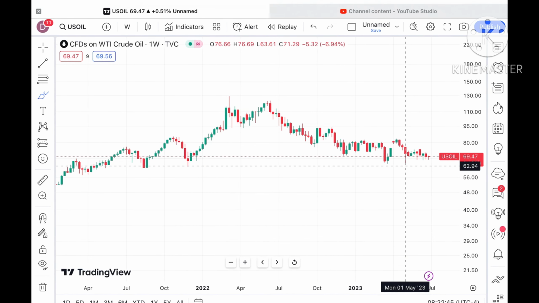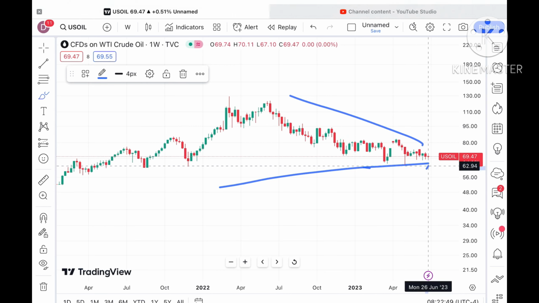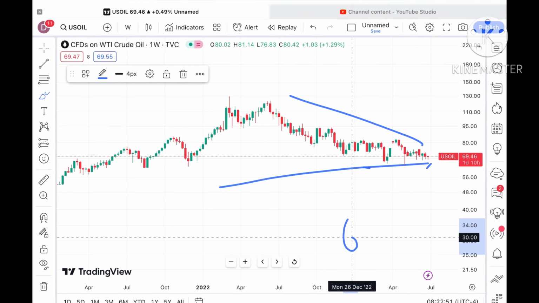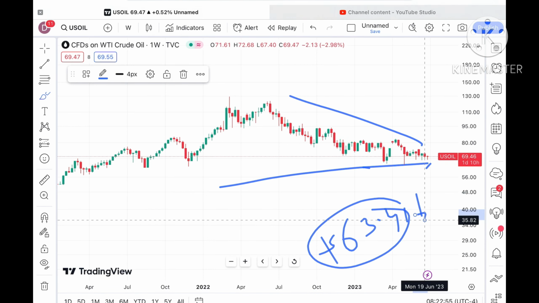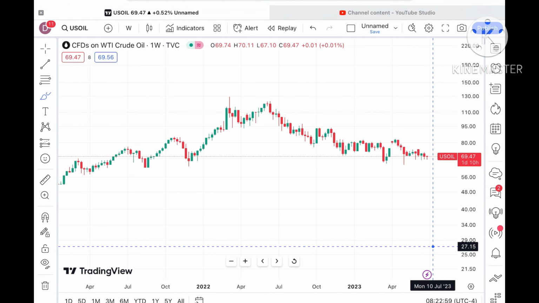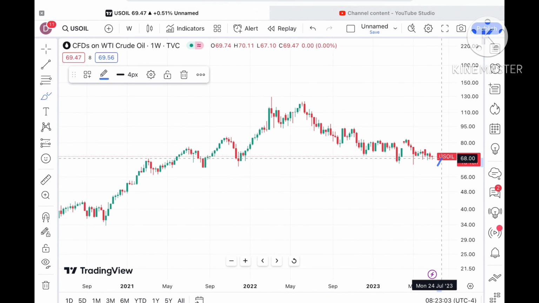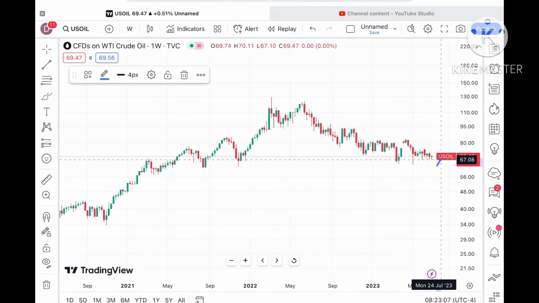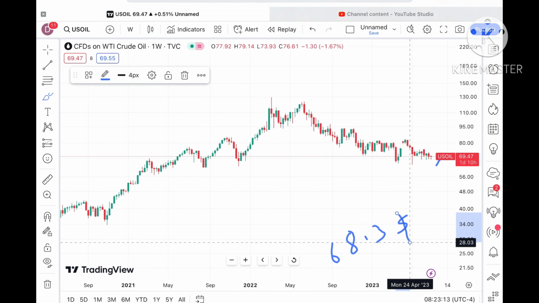Now look at this particular chart. There is a continuous fall, and this level of $63.41 has already been tested here. Chances are very high that if the price comes close to this level, we can see it go further down. Overall the trend is downside. If the price doesn't sustain this particular level, there is a probability of going further low, and it can touch a level of $68.3, which is a strong support.